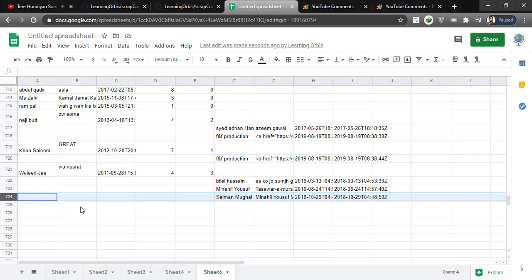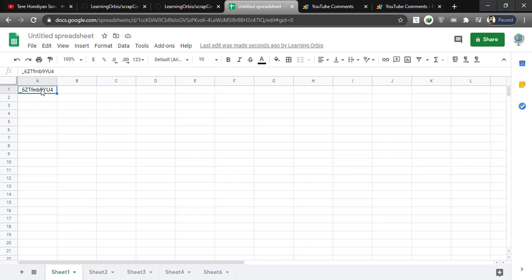The final point is that if you will run these codes for a video having comments in millions, this might fail. The reason is that there is a timeout limit for any Google Sheet script, which is 6 minutes or 360 seconds. So if code doesn't complete in 360 seconds, it will get cancelled. But we saw that more than 3500 comments in the first part of this video just took 25 seconds, and the time limit of 360 seconds is around 15 times higher than that. So in most of the cases, these codes will work even if total comments are many thousands, but if the comments are in millions, then these codes might fail because of the timeout constraint.